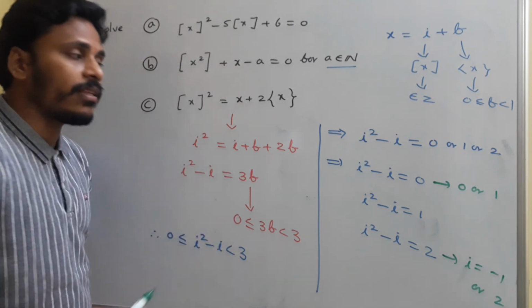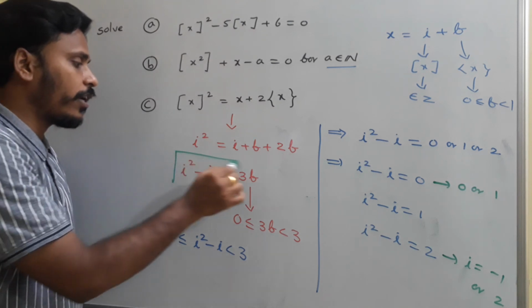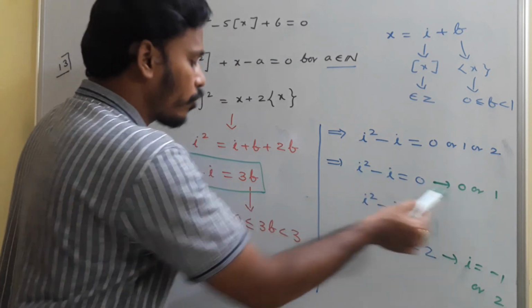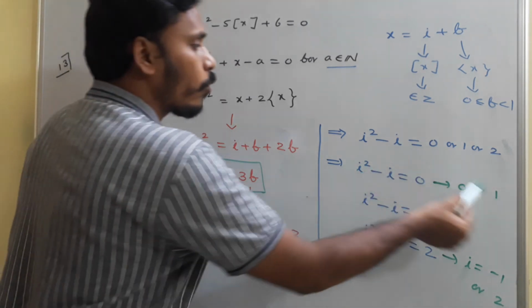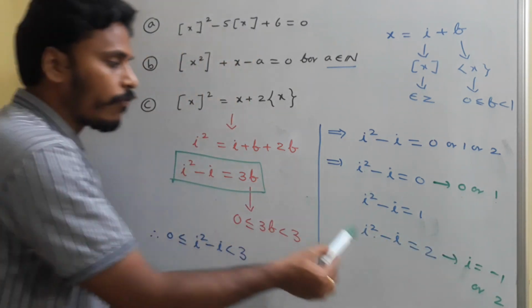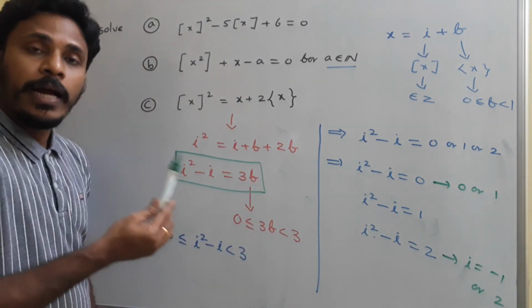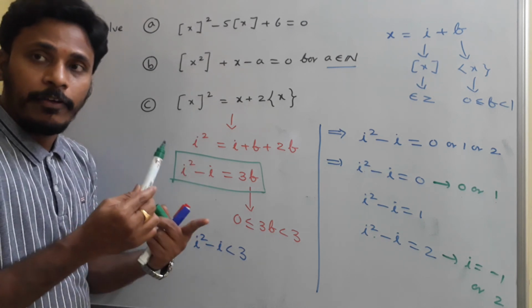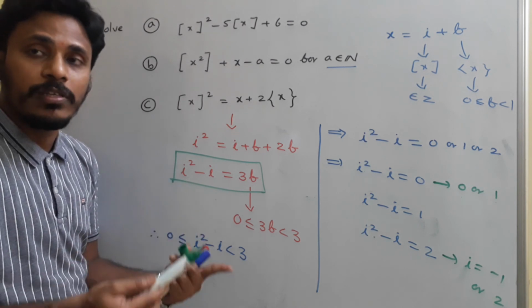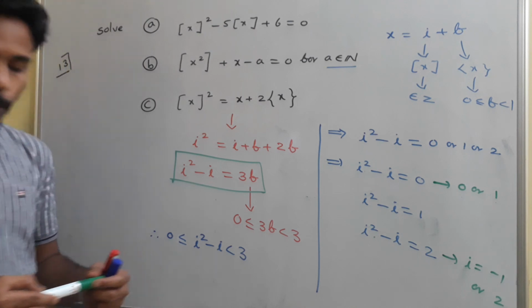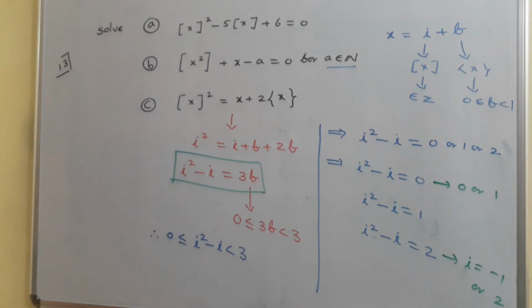And by taking these values of I in this relation, you just get the values of f also. If I is equal to 0, calculate f. If I is equal to 1, calculate f. If I is equal to minus 1, calculate f. If I is equal to 2, calculate f. And after that, having f for every I, you just add I and f, and that I plus f will give you the x values. You need to solve for some further. The problem is simple, but you need to find the value of x by adding I and f.